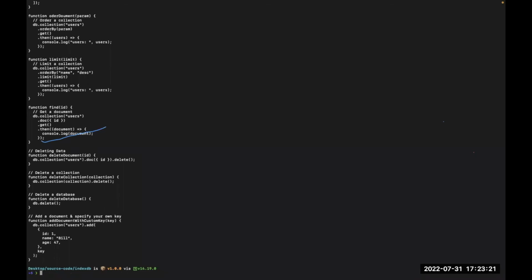Someone is saying more and less are similar to cat. Yeah, they are quite similar in the sense that they show you the details, but the cat command automatically leaves the file, so you have to scroll, which is what I'm doing right now using my cursor, not the arrow keys.